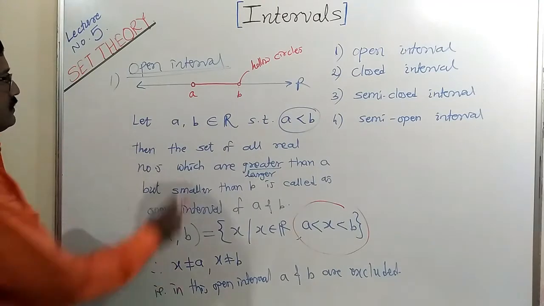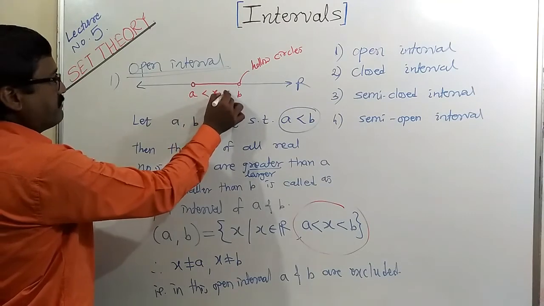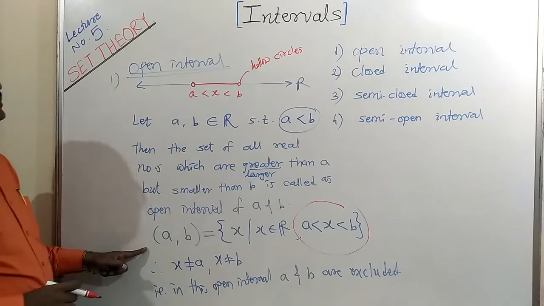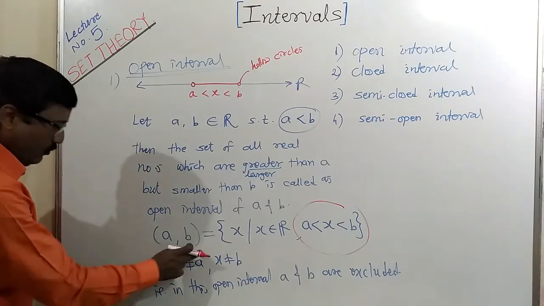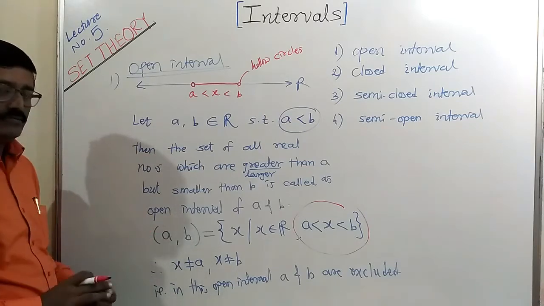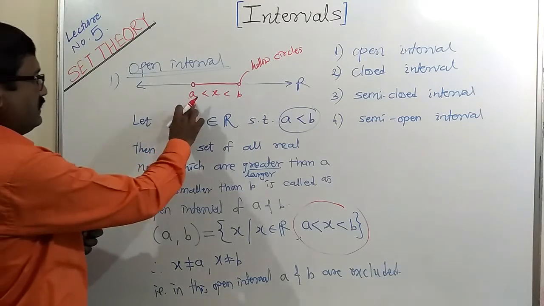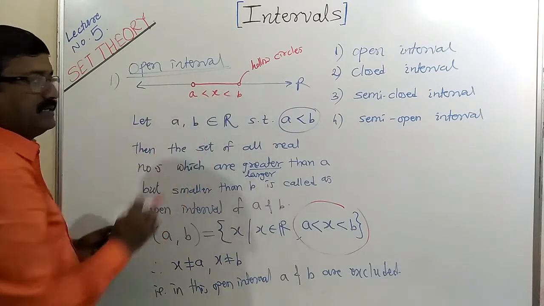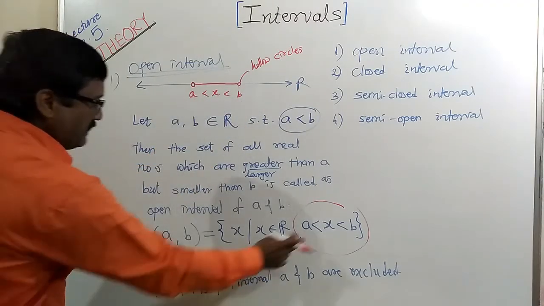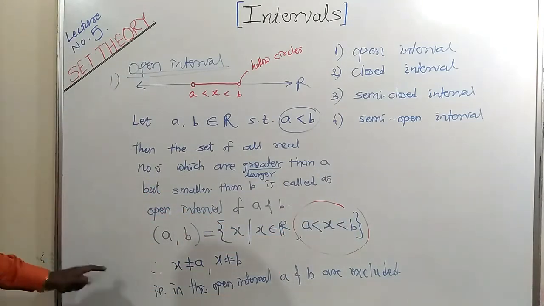Okay. So here x belongs to this. So this x is greater than A and x is less than B. This type of interval is called the open interval, or we can read it as open A, open B, so that it will be more clear. So open interval means there are two open ends. Means here this interval is open at A and open at B. Means x is not equal to A, x is not equal to B, but x is greater than A and less than B. Okay, this is called the open interval.